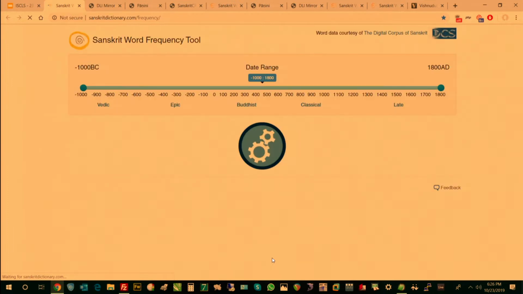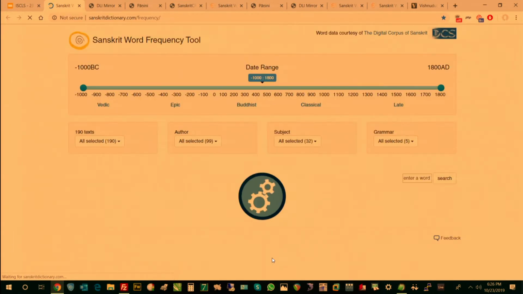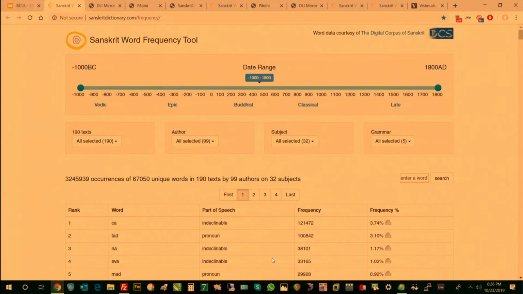took the data, and then we made different intuitive ways of looking at it. And this is the live demo. So you'll see there's 3.2 million words with 67 unique words. What's defined as a word will basically be a stem and a prefix, or a stem and a root for a verb, and